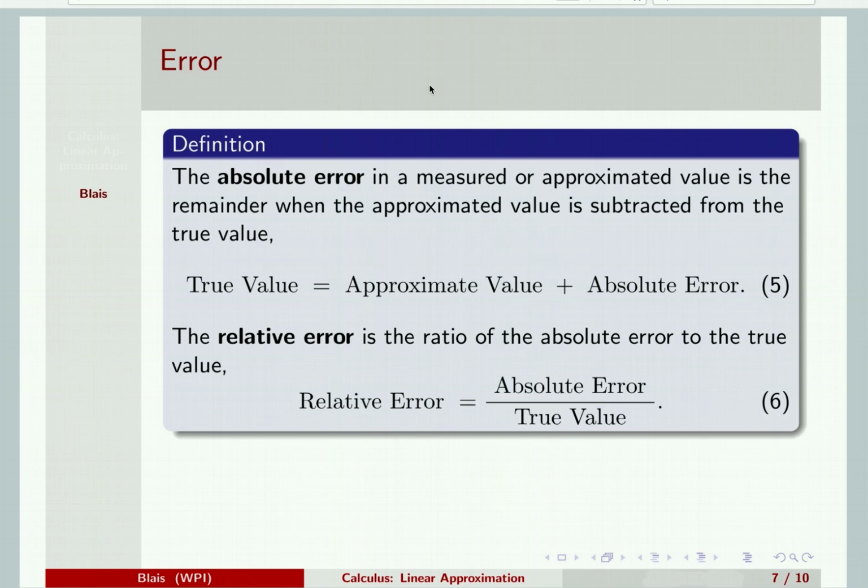So for instance, if I told you I was taking a measurement and my error was 1 foot, well, you're going to interpret that very differently if we're interpreting that 1 foot as the error of, say, the width of the room you're sitting in, versus the error when we're measuring the distance from you to the closest point on the surface of the moon. And so this is why relative error